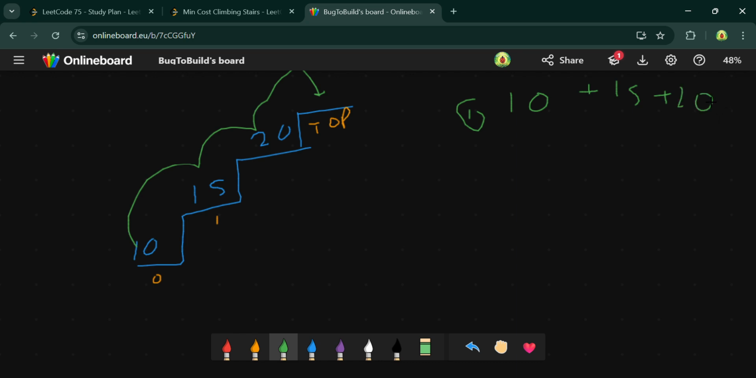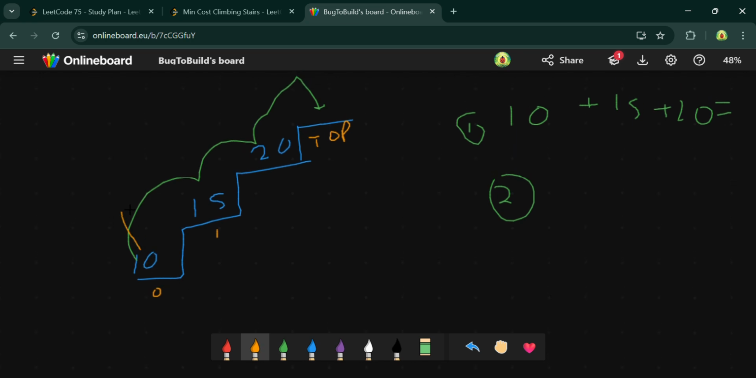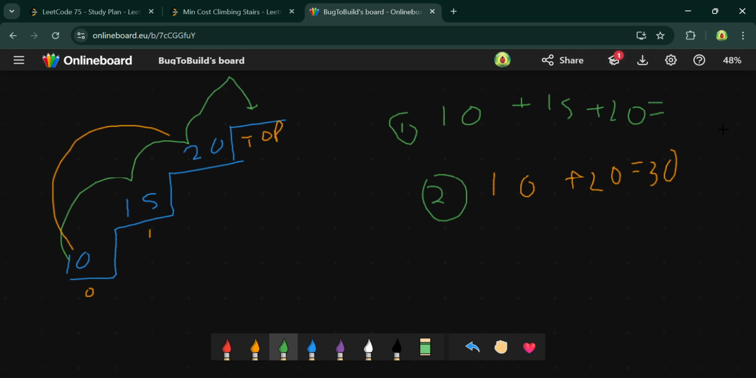Okay, or either in a second step you can take 2 steps. Okay, 10 plus 20, and then you reach the top. Okay, which is 30, and this one is 45. Okay, or